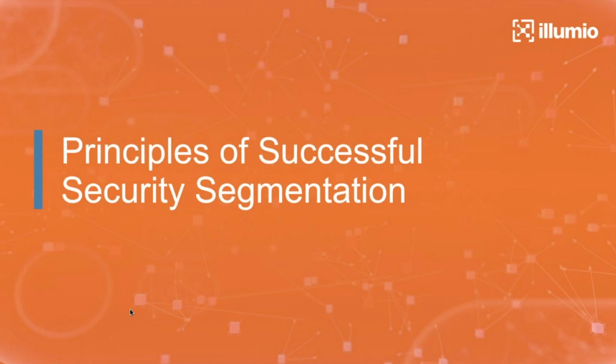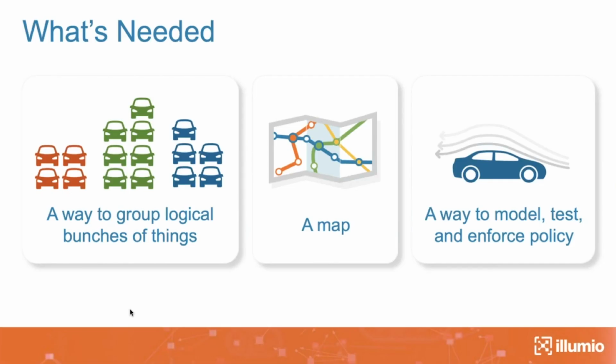If you decouple the aspect of securing your devices, we are not changing any IP addresses or VLANs or anything about the workload. We are just looking at the workload through a different lens instead of IP addresses and VLANs. So that's the segue: if you want to do security segmentation correctly and without a lot of pain, there's a couple of things you need to put in place. The first thing is you need a way to group things logically, not based on IP addresses or VLANs, because they're tied to the networking constructs.